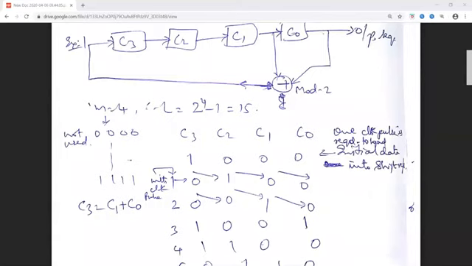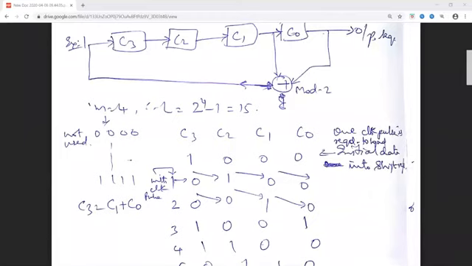So my initial data to start with is 1000. Next, I give the clock pulse. Here also I require a clock pulse to load this data, and I will start shifting by giving the clock pulses one by one.